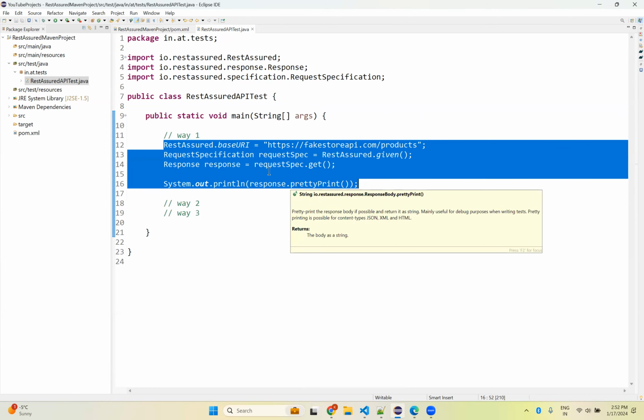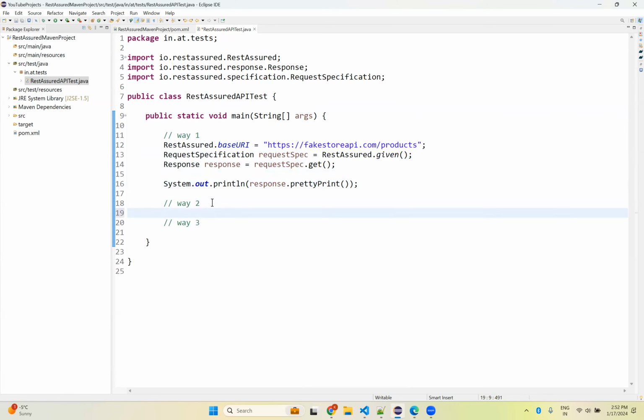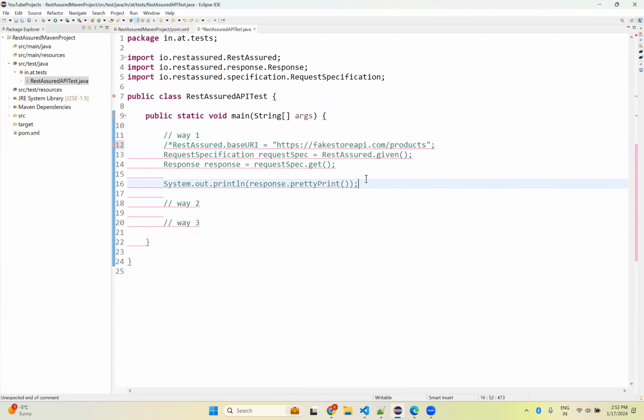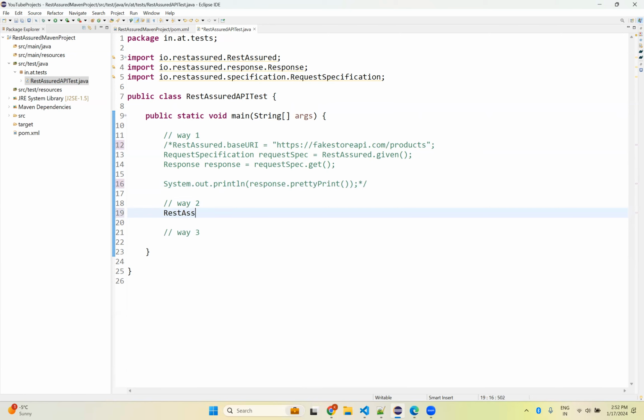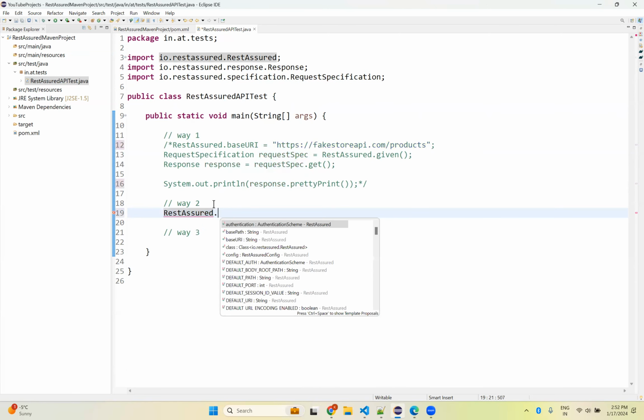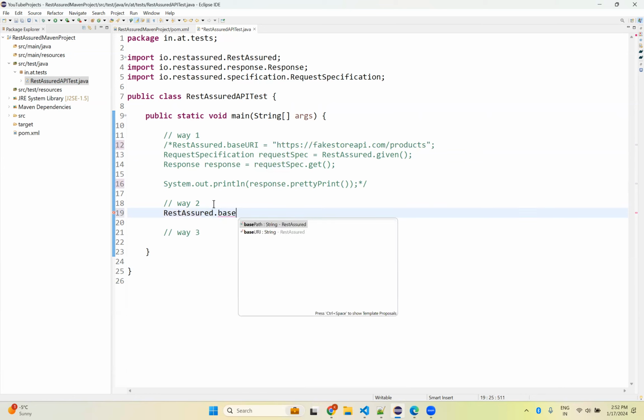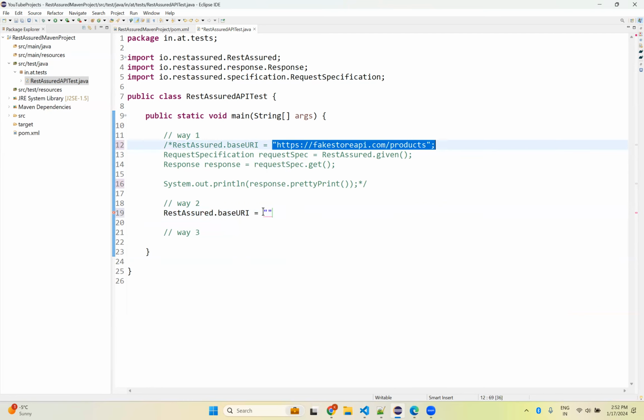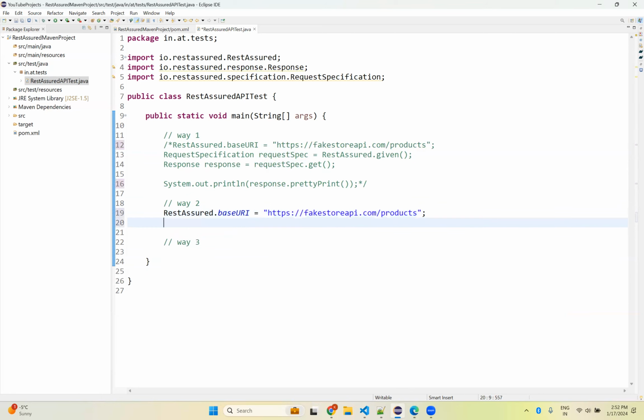The same thing can be done using another way. There is a small change, but most of the things are the same, even though we'll try to write that. Okay. Same RestAssured.baseURI equals, I'll copy from here, same information. There is a slight difference. So RequestSpecification, then requestSpec is equal to,